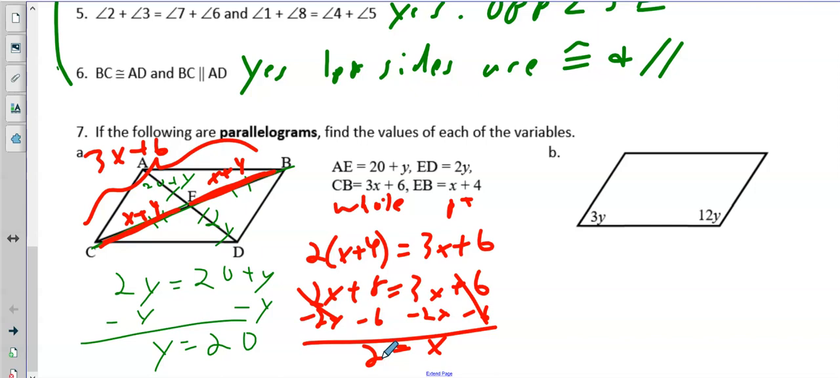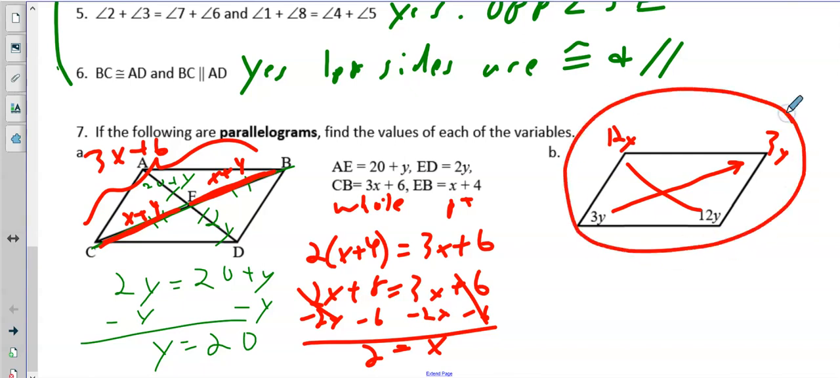On B, we know that opposite angles are equal. So we know this is 3y, and we know this is 12y. But that would not help us really do much, except we could say all these add up to 360 because a parallelogram has 360 degrees. And that's right, that is one way to go about it. But the quicker way is